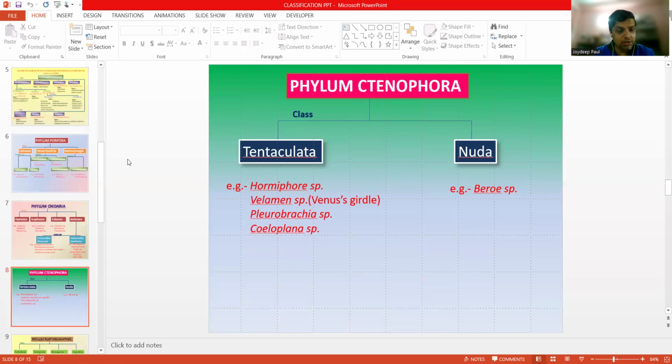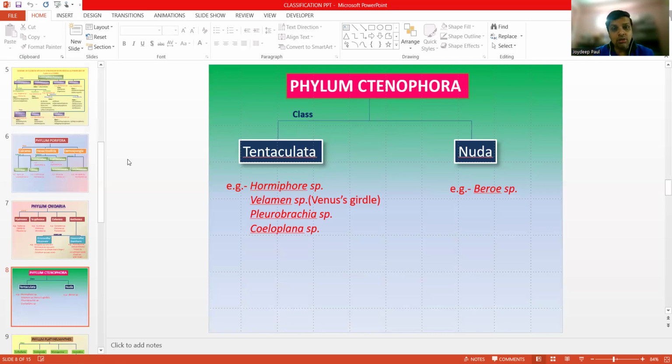They are monoecious, that means hermaphrodite. Development is direct with a characteristic larval form, the cydippid larva. Reproduction: they lack asexual reproduction, and alternation of generation, and regeneration or paedogenesis is common in them. So now you can see that the reproduction process has evolved, with the lack of asexual reproduction and sexual reproduction replacing it.